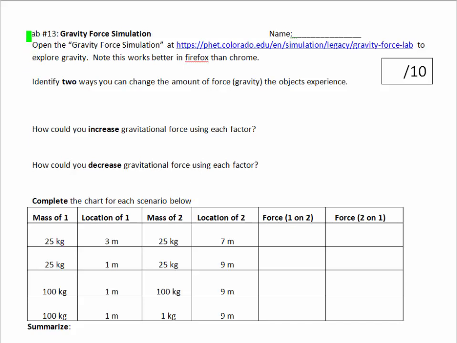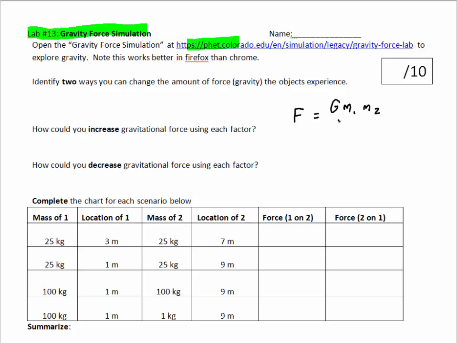Okay, this is the introduction for lab number 13, the gravity simulation, and I just have you pop open one of these simulations. Some things that we know is Newton's universal law of gravitation that says that the force of gravity, the force an object will feel due to another one, simply by the